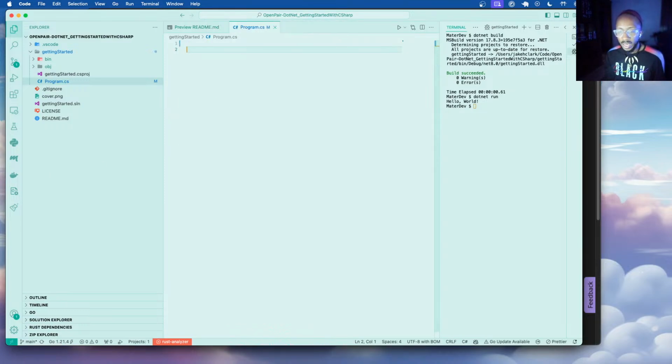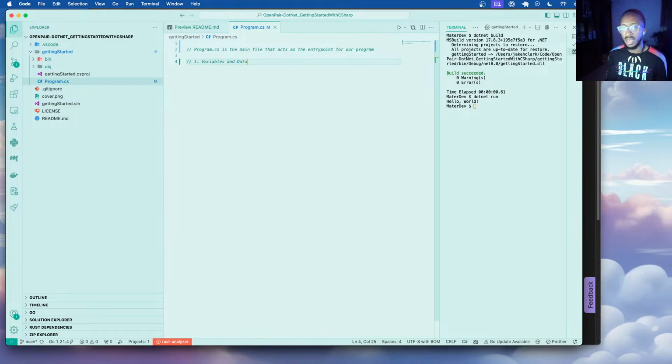Let's start off by experimenting with some variables. So let's make a comment here. Program.cs, the main file that acts as the entry point for our program. Let's start with